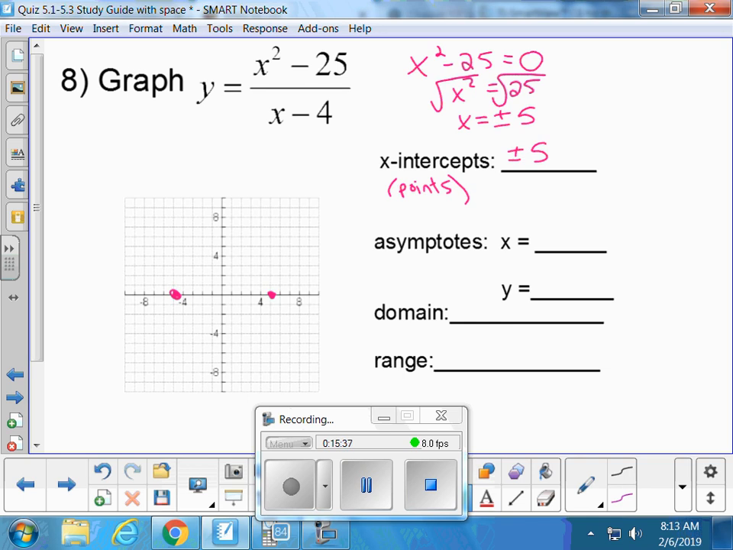All right, hey. Are your x-intercepts always positive, negative? Only if you use a square root. If you don't use a square root, then no. All right,